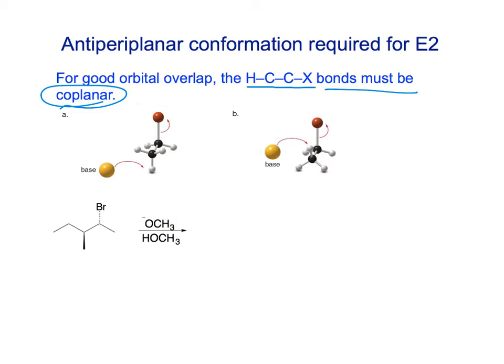There's two possibilities for how this can be accomplished. One is for the carbon-hydrogen bond and the carbon-bromine bond, in this case, to be anti to one another, and this arrangement is called